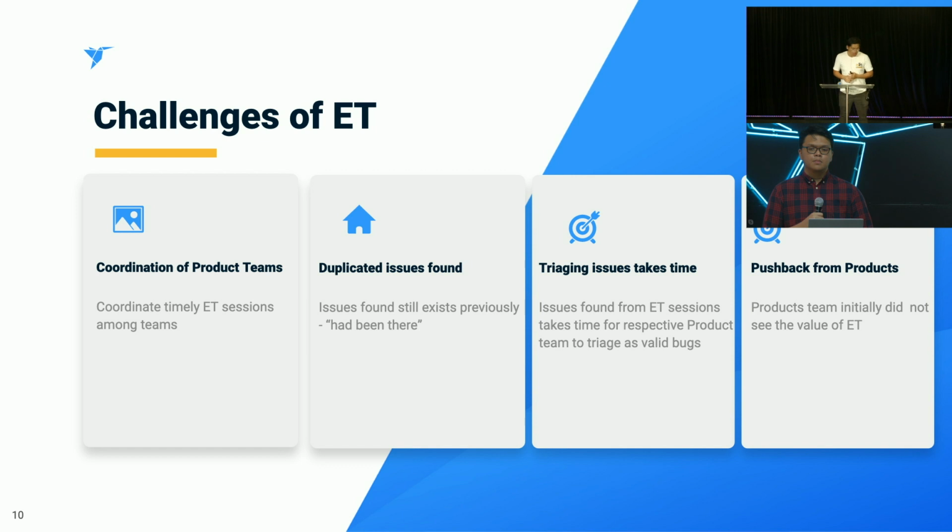And then secondly, the second challenge of ET that we face in our journey is basically the duplicated issues that we found. So as you can see earlier on in the chart, where you can see that there are mismatch of the requirements type of bugs, as well as UI UX, we have these challenges where the issues found during ET sessions existed before, and it wasn't really fixed for a while ago, and we call it a legacy